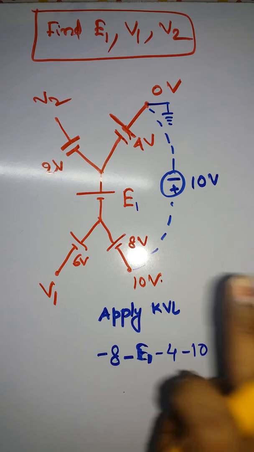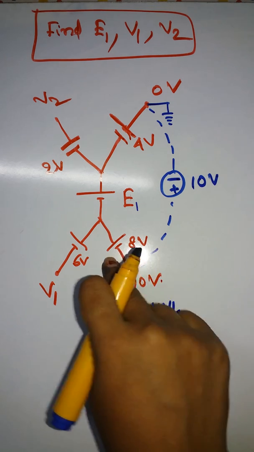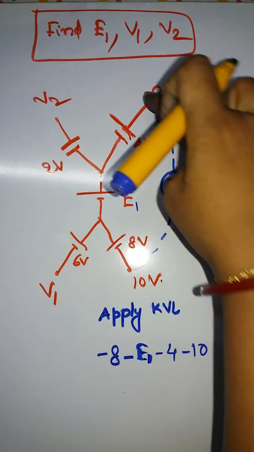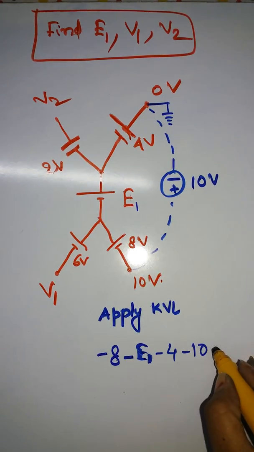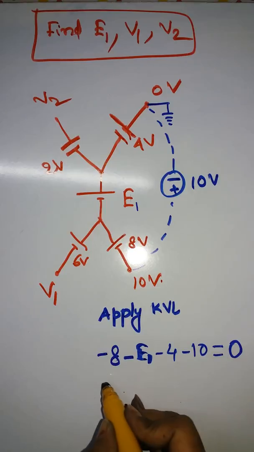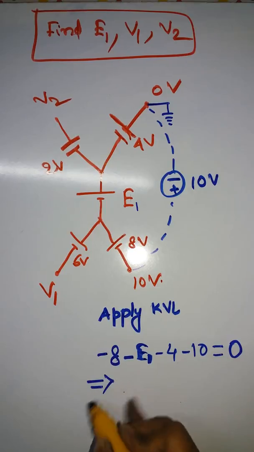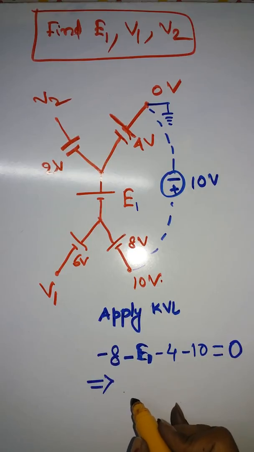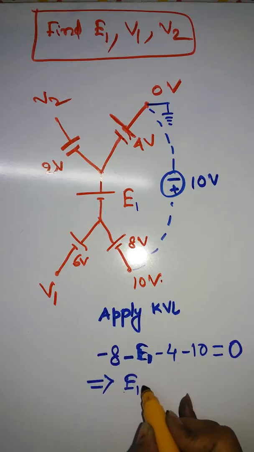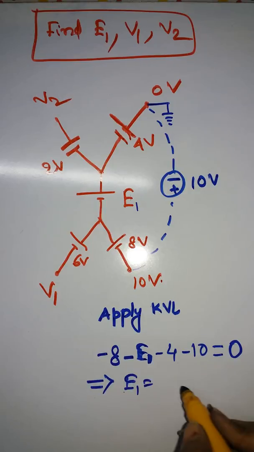So yeah, all the voltage sources we have taken, 8, E, 4 and your 10, that is always equals to 0. So from here we find that our E or E1, whatever it is, coming